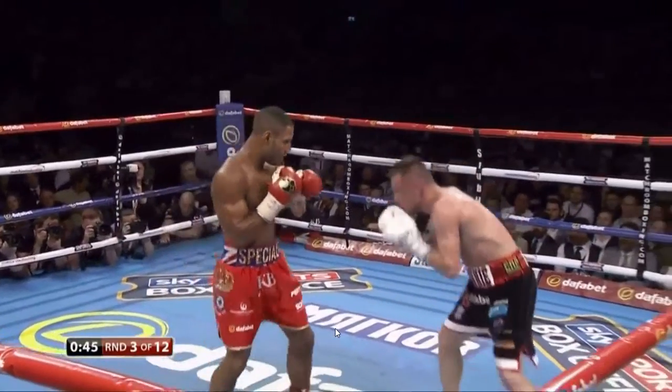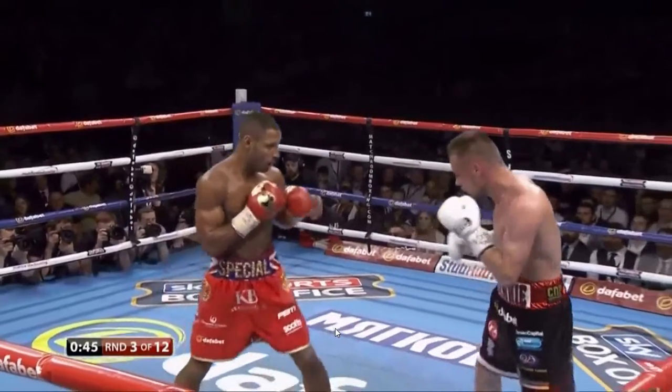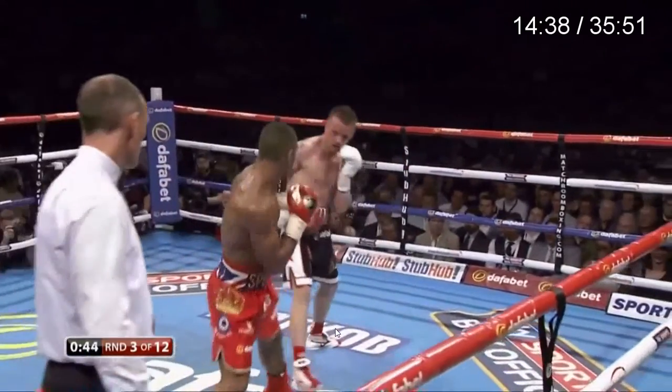Kell Brook getting hit with the jab right here. You might say, oh, it's because, like I said in the Errol Spence video, Algieri is Algieri, right? What's the risk, right? You already know, you felt his punches. But the fact is, we're seeing him be lulled to sleep or whatever. Like, we know he kind of has the skills to not be hit by punches like this, but he's showing that he's not always super hard to hit either. And one thing I want to point out about that